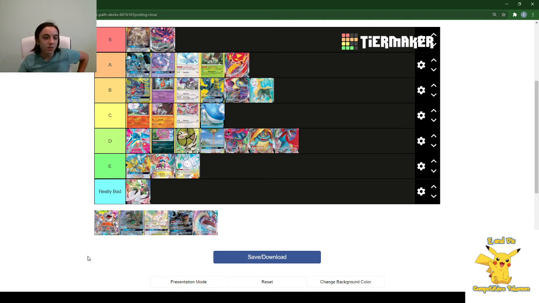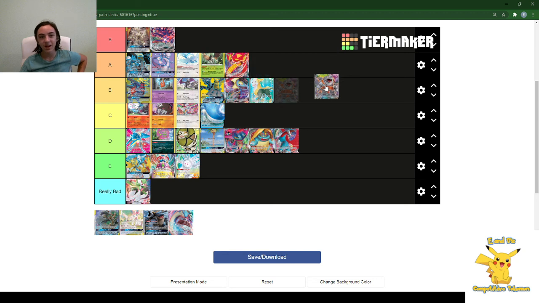So our next deck is going to be the Rhyperior Melmetal Torkoal Counter Toolbox. I'm going to put that in A tier as well. I think it's a super strong deck. Or actually, no. I think it's kind of more of a B tier deck. I think it's okay. It's kind of meh. But I think in general